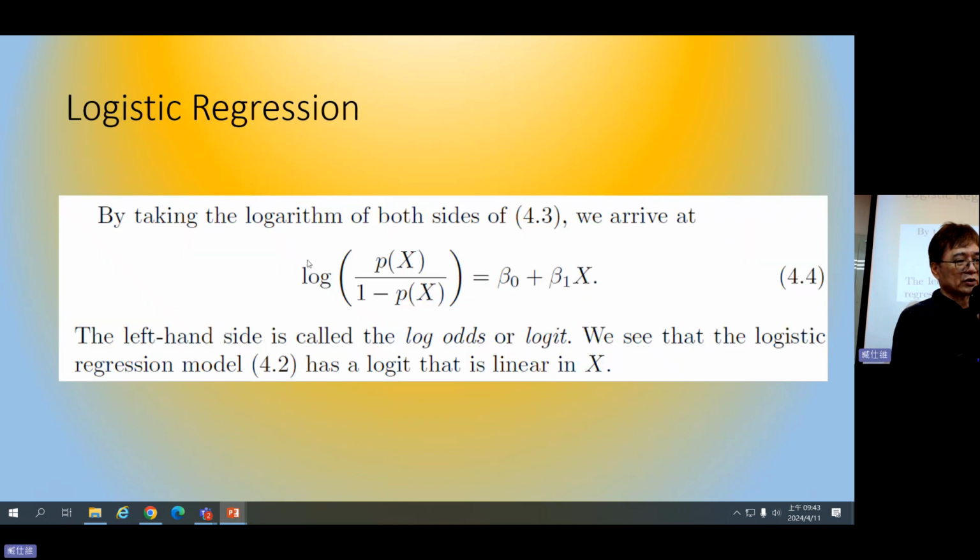We have to go back to this logarithm, because in logistic regression, what we are analyzing on the left hand side here is called the log odds, or logit. This represents the win or lose, the ratio of winning or losing.